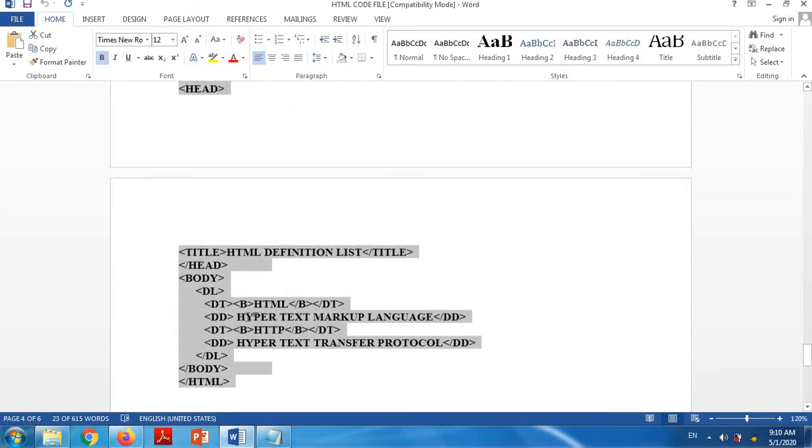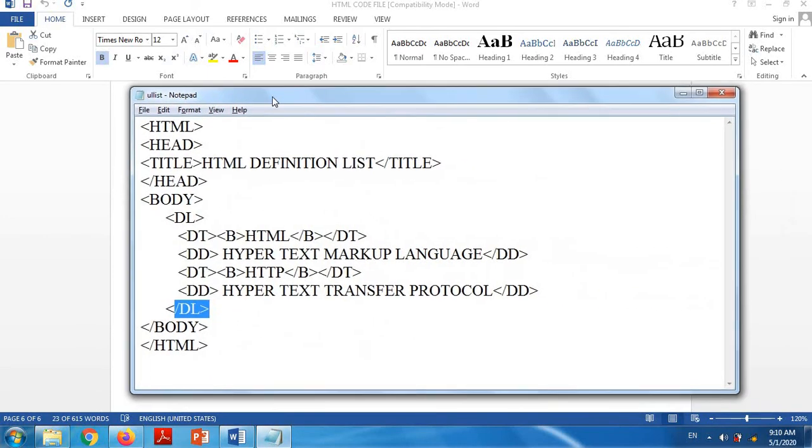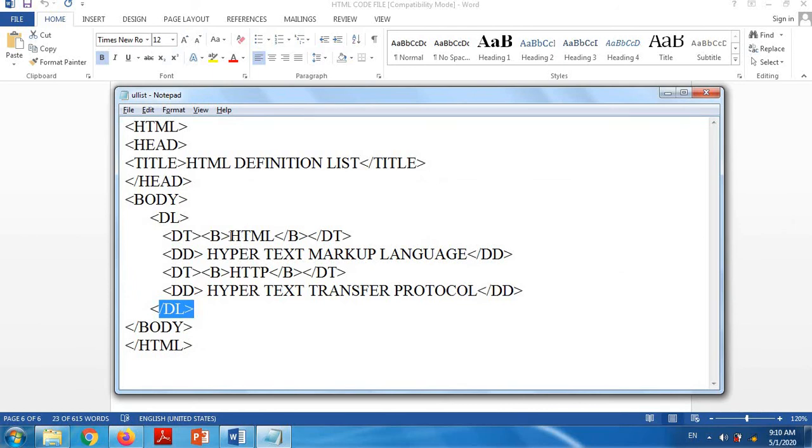Here we are using two, DT and DD. DT is for displaying the term, the B tag is for bold. No requirement, if you don't want it, remove this. Now save this file. DT for term and DD for description.